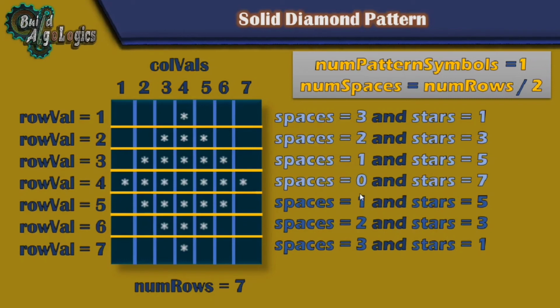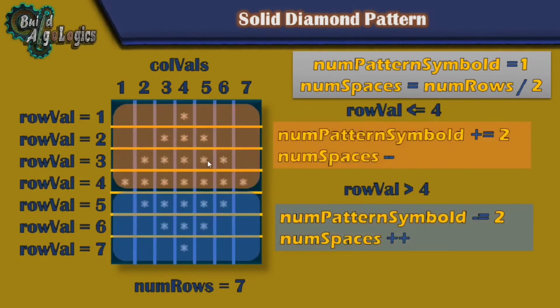So we need some condition here, and according to that condition we either increment or decrement these values. By looking at this figure, we can say that this part is used as a separator, meaning before this, like the top part, we have these conditions where we increment the stars value by 1 and decrement the spaces by 1.